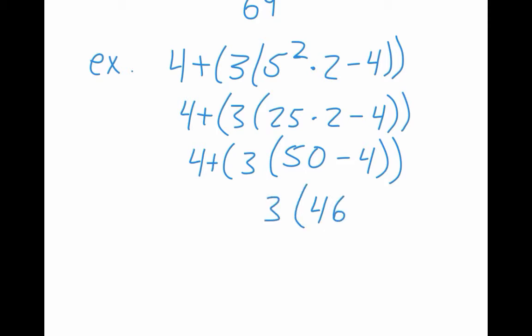You could write it in parentheses still if you wanted to figure out the next step. How do I combine my 3 and my 46? Multiply. And why do we do that? Well, now we still have this outer set of parentheses. We have to do what's inside there first. If no math symbol's written in, that's a multiplication. So 3 times 46 would be 120 plus 18, 138. And then final step, we have 4 plus that. 4, total of